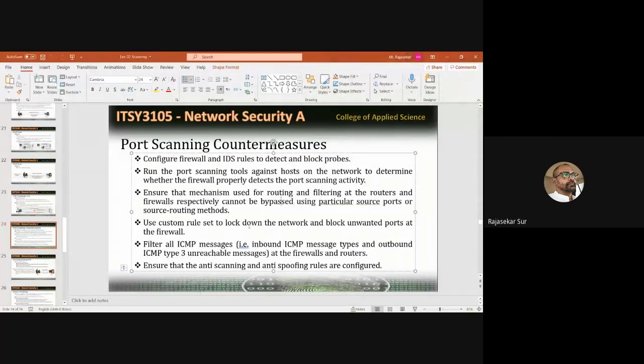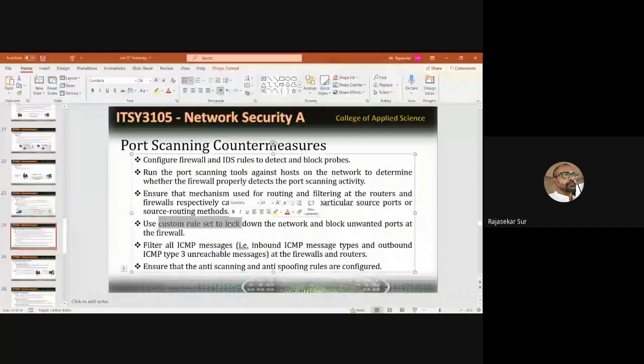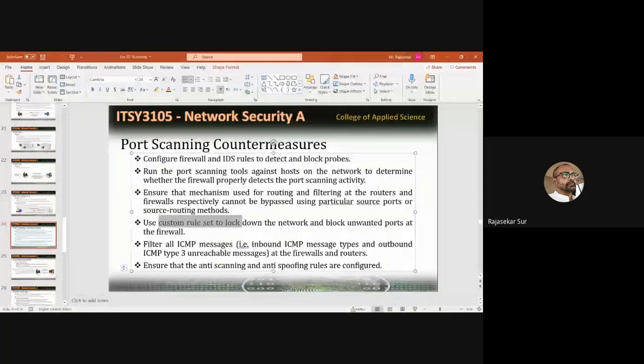Then you can use your custom rule set. What does this rule set mean? These are the filters, and this is lab number 2 actually. It means which people you want to allow and which you don't. You can fix your own rules. IP address 10.0.0.1, I want to allow. IP address 20.0.0.1, I don't want to allow. Port number 50, I don't want to allow. Port number 51, I want to allow.